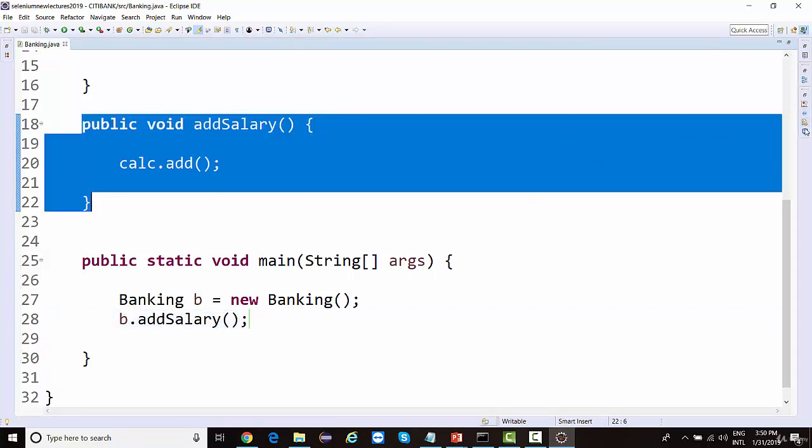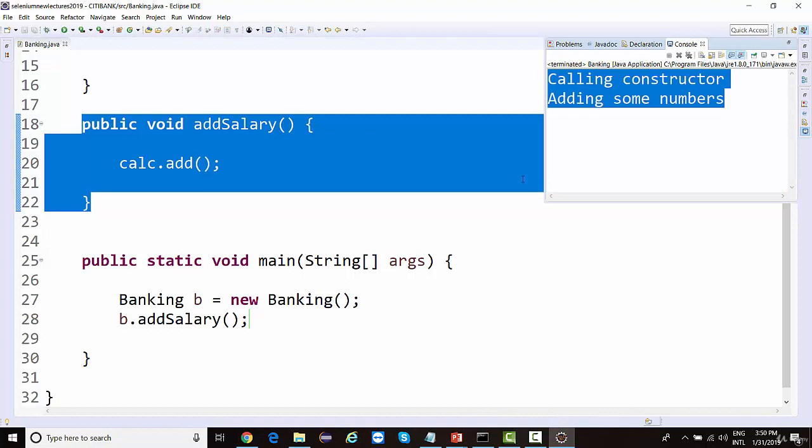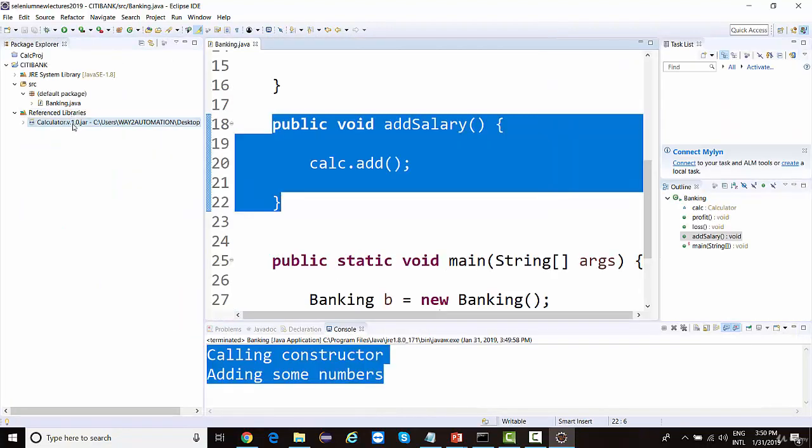We are able to achieve the entire functionality with the help of this jar file. So this jar file is what an API is. This is an API to the Citibank project.